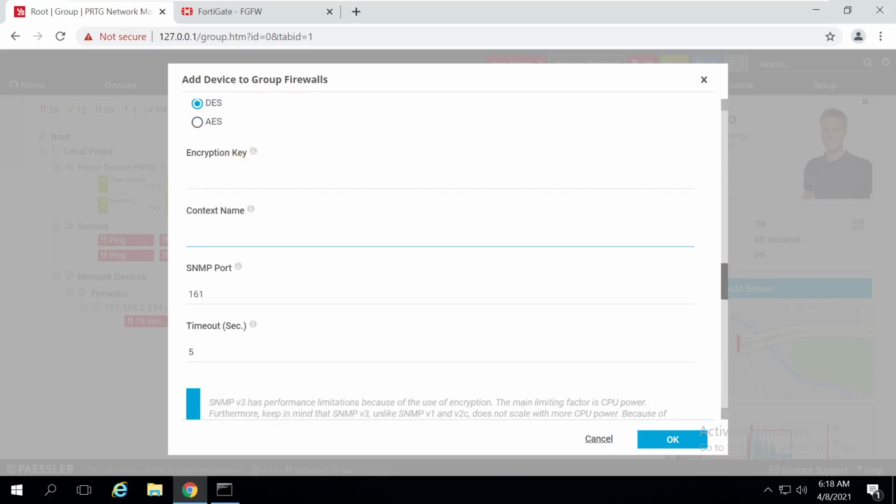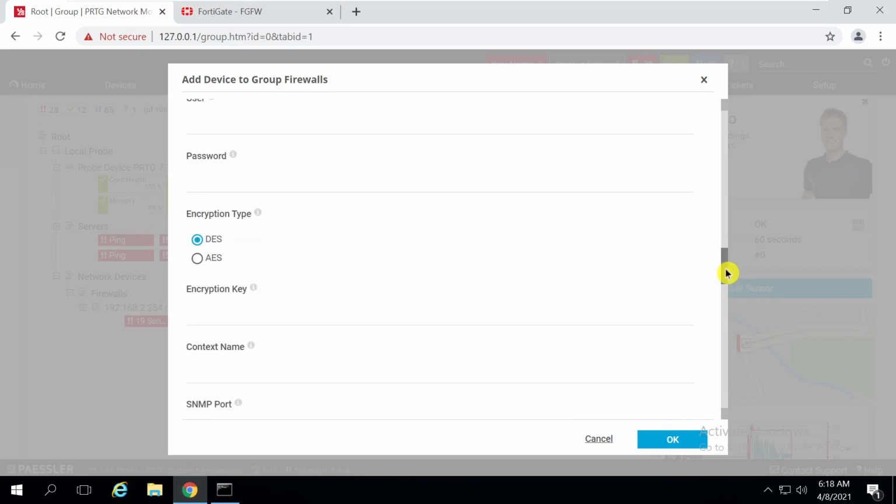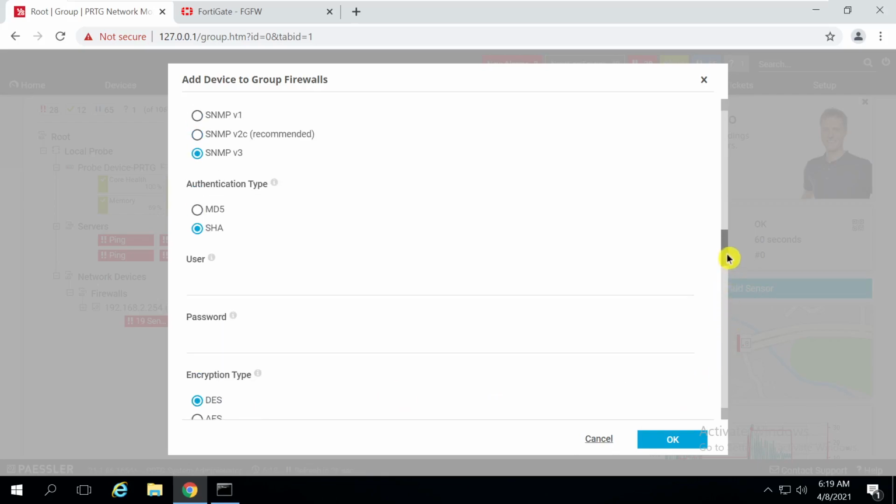Some devices have a context name, which is not mandatory. Then there's the SNMP port and the timeout. If you enable encryption here, then you have to enable it on the device itself also. Between PRTG and the device, the SNMP communication is then totally encrypted and well secured using authentication and encryption. Okay, hope you get this.